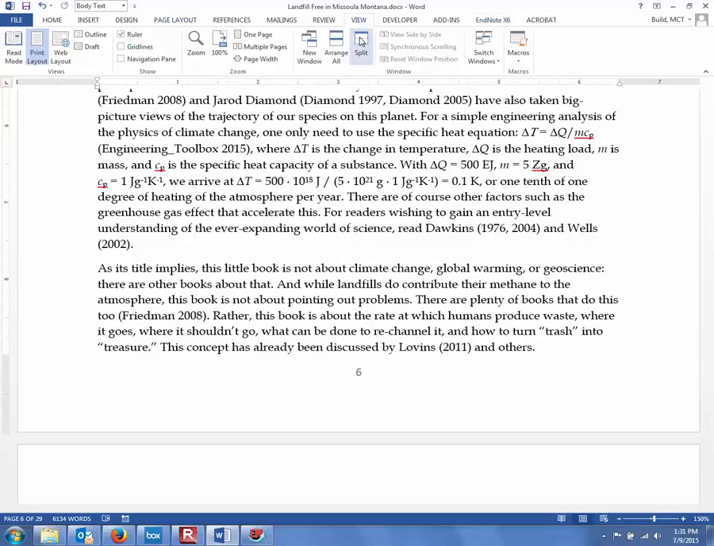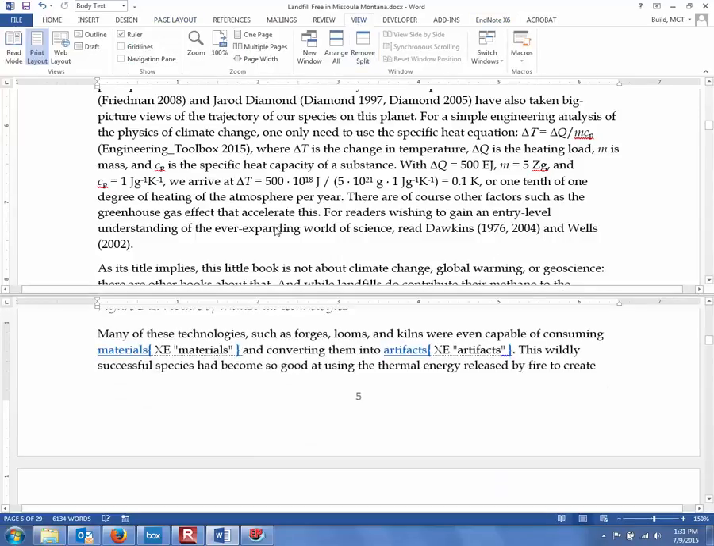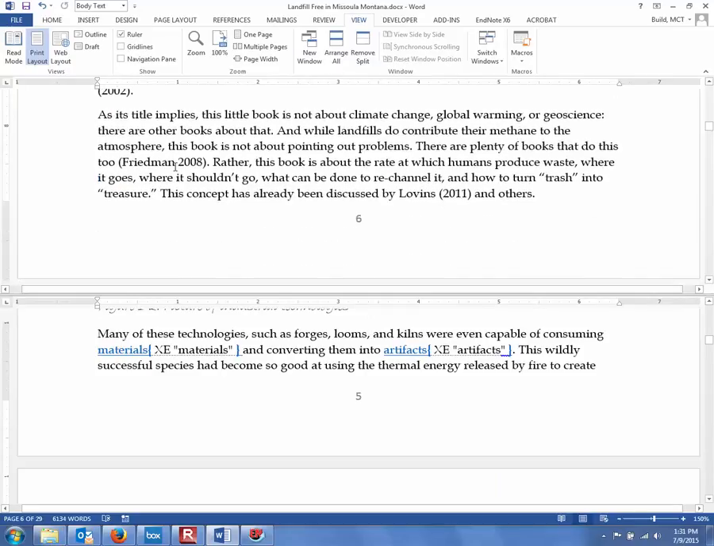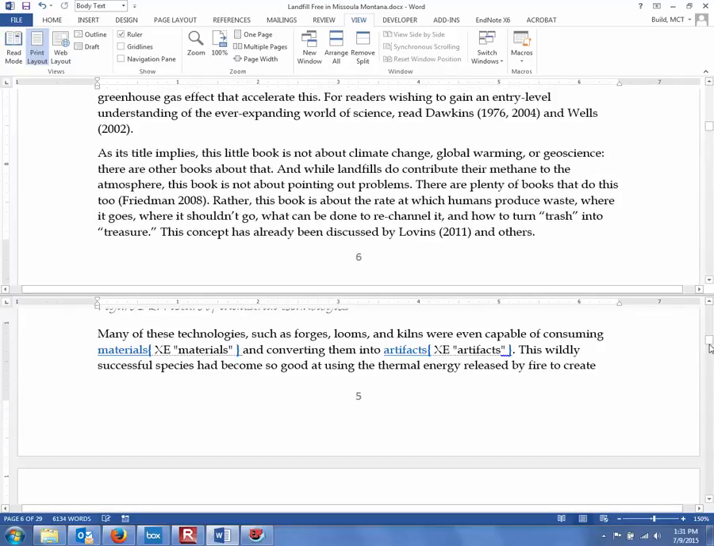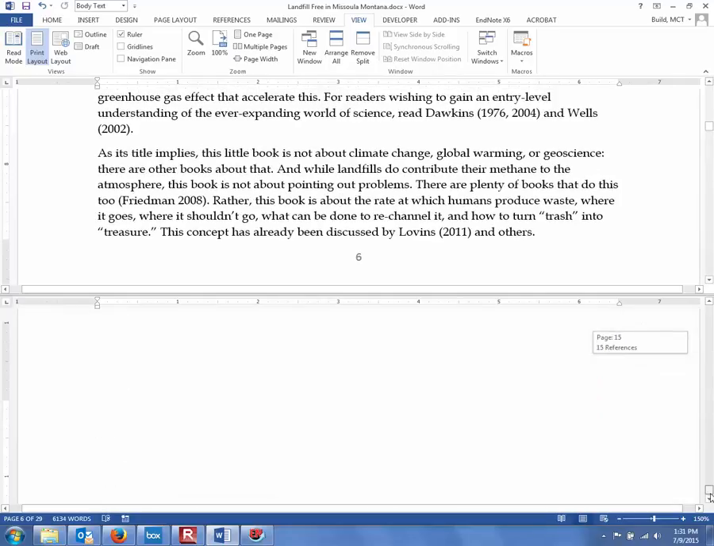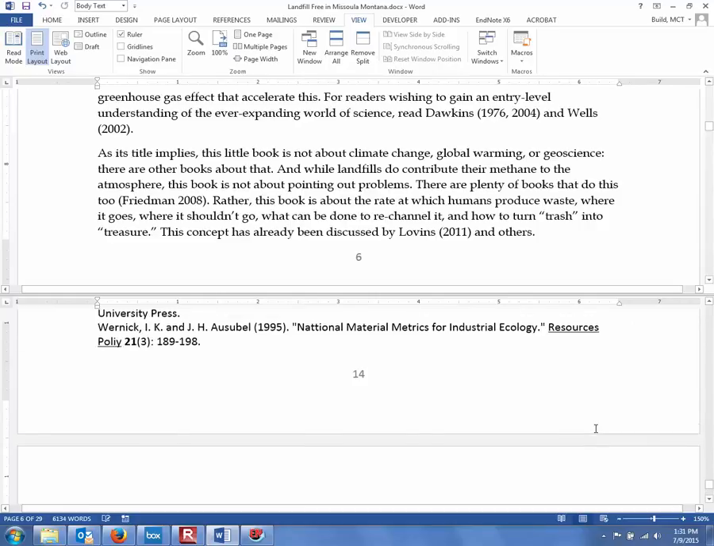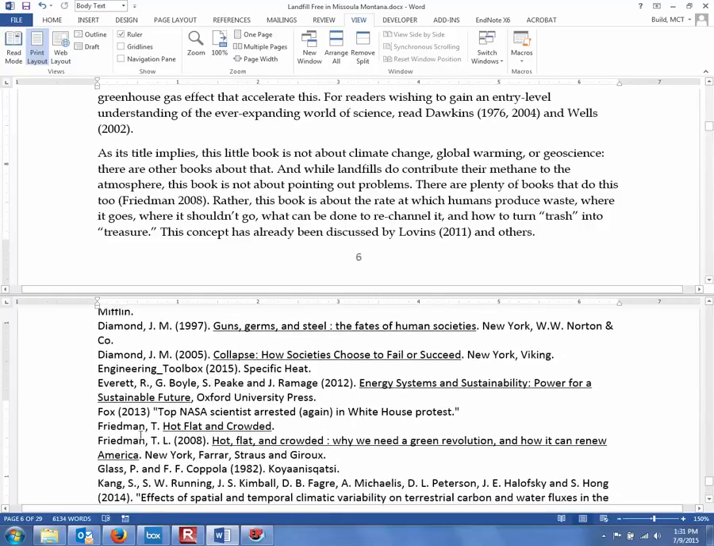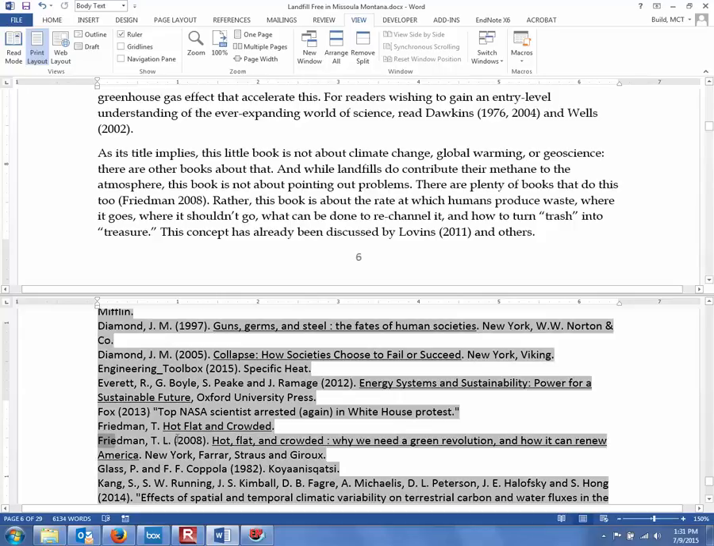So if I go into split view mode, I can still see that Friedman is here, and now down in my references, it's right here. It looks like I've got another version of it that's not complete, so I'll go in and